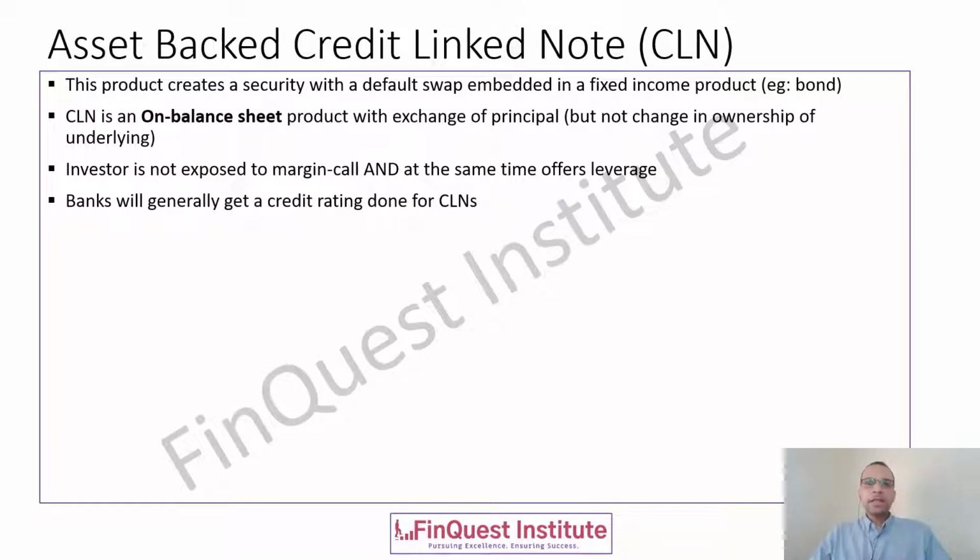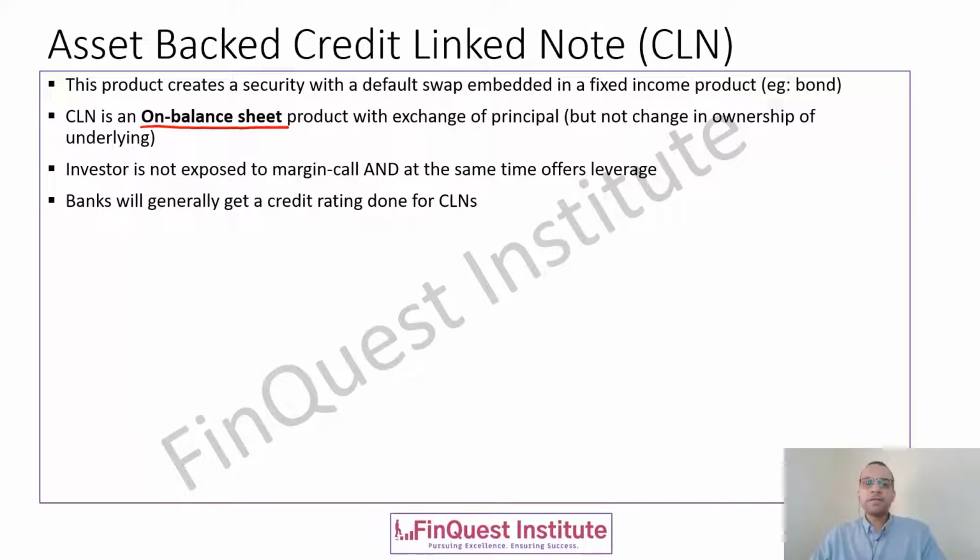Now, next product in line is an asset-backed credit-linked note, or a CLN for short. Again, a very popular product, and this product creates a security which is nothing but a default swap embedded with a certain fixed income product, for example, a bond. Now, the main point to remember here, and also for your examination, is that CLN is an on-balance sheet product because